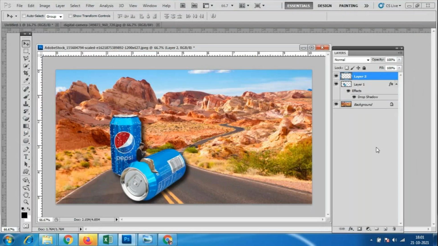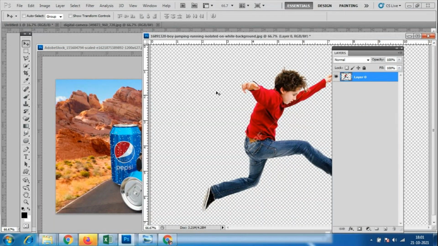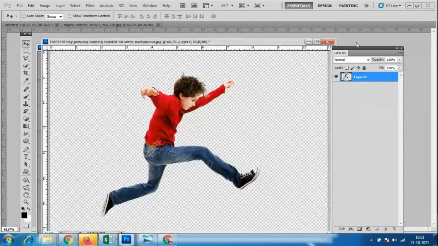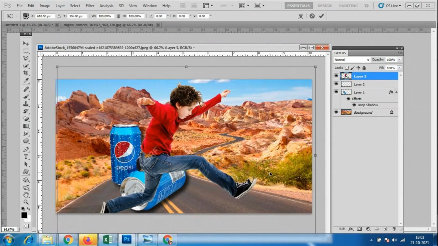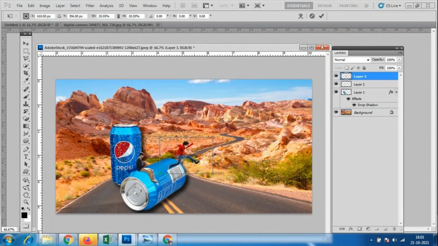I'll go to the magic eraser tool, remove the background, and bring it over here. So these are the miniature things. And there is a rotation tool here.